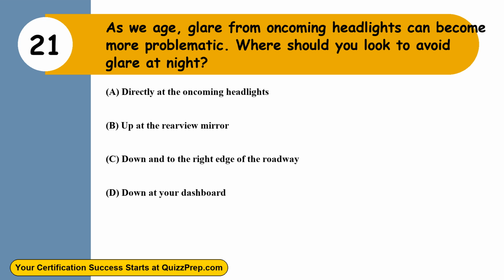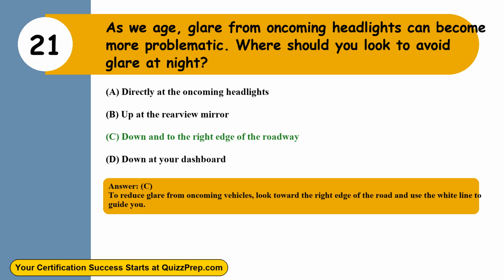Option A, directly at the oncoming headlights. Option B, up at the rearview mirror. Option C, down and to the right edge of the roadway. Option D, down at your dashboard. The correct answer is option C, down and to the right edge of the roadway. To reduce glare from oncoming vehicles, look toward the right edge of the road and use the white line to